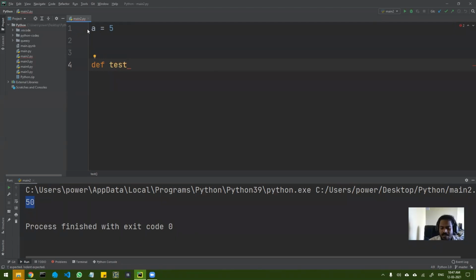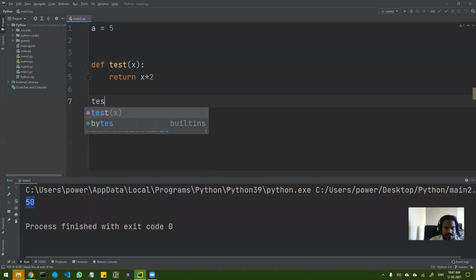Okay, so I am giving the name test and x. Okay. So this function does a very simple thing. जो भी x है उसका 2 से मल्टीप्लाई करेगा. ओके, सिंपल. सो नाउ इफ आई वांट टू रन दिस, आई विल से टेस्ट